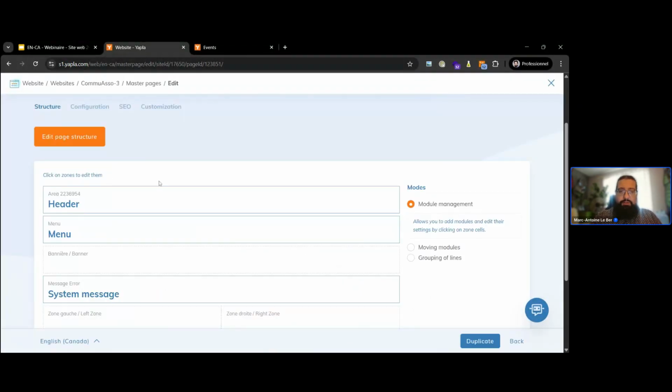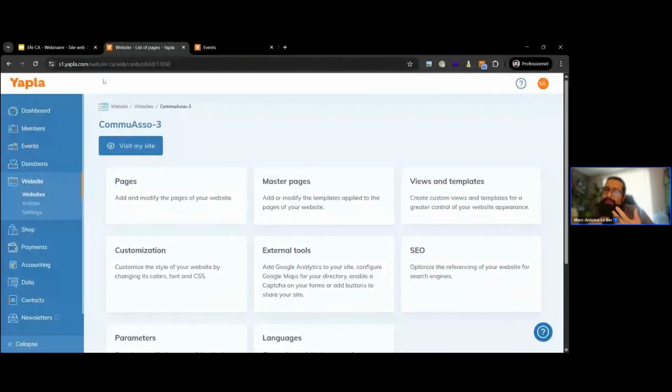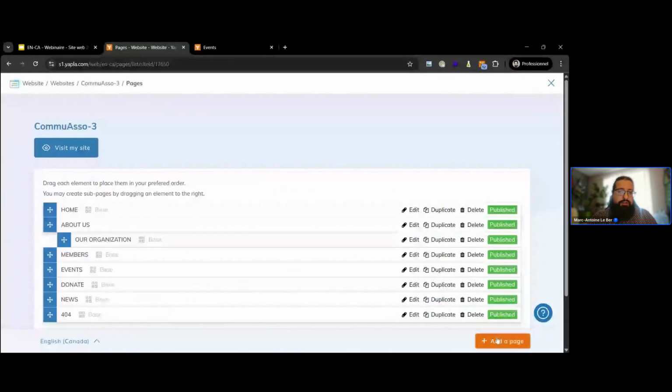So this is really where you want to build the core structure of your web pages, and it is already made for the template. But of course, if you're going to do something more personalized, you can come in here and adjust the master page behind it. And once you're done putting the various elements you want in your master page, so for example, header, footer, menu, a main zone, a banner zone, and stuff like that,